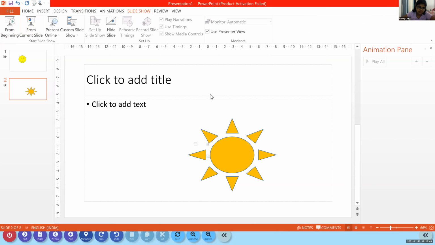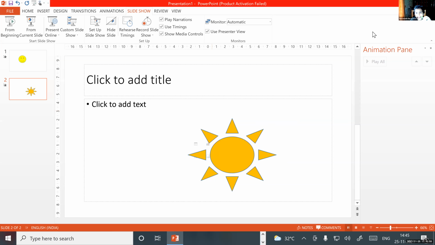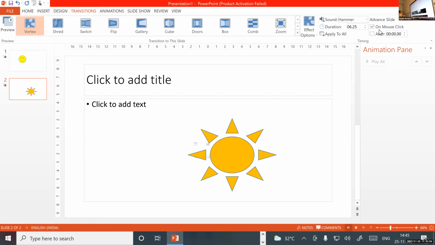See, it is too slow, right? Yes, ma'am, when we compare it with the previous one. Okay, now I told you that if I want to change the effect, I was using the mouse. I was telling that when I want to jump from one effect to another effect, I was using the mouse.